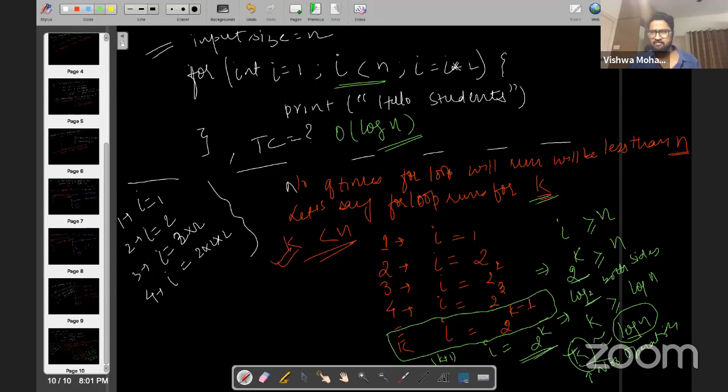Trees and graphs will definitely come, but that will be part of a different course. So this is a kind of foundation, or a basic prerequisite that is needed to ace any interview. The domain of this is not graphs and trees. We'll be only covering till the queue. I hope this answered your question.